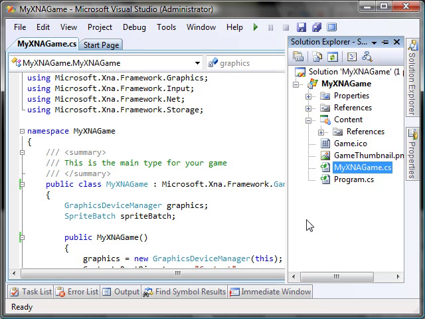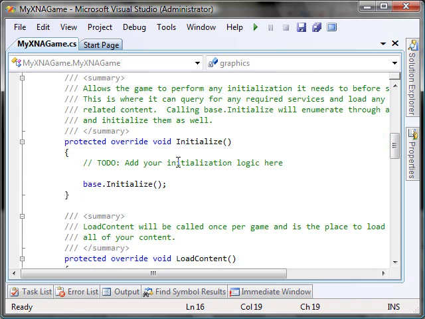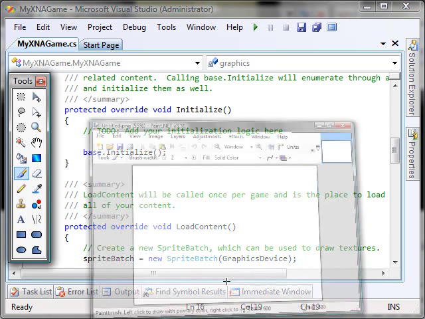And let's start by writing some code. Our first task will be how to get a sprite drawn on the screen. And in order to draw a sprite, we need to make one. So I'll just start Paint,